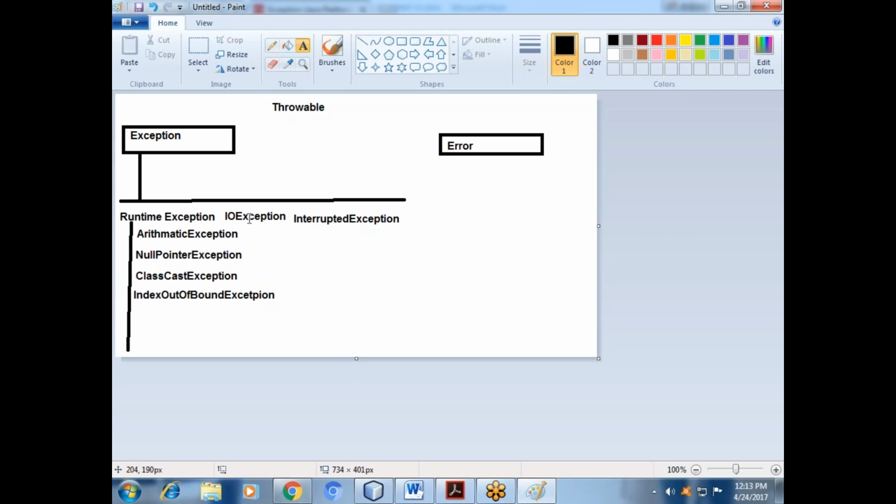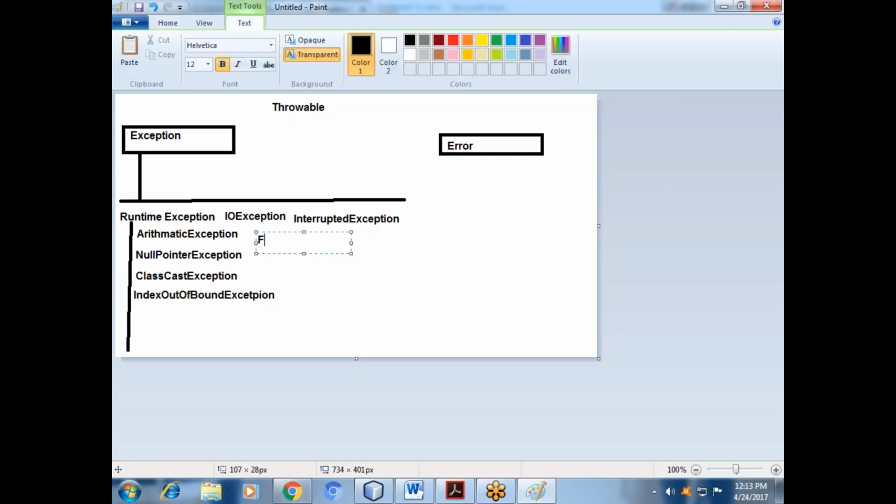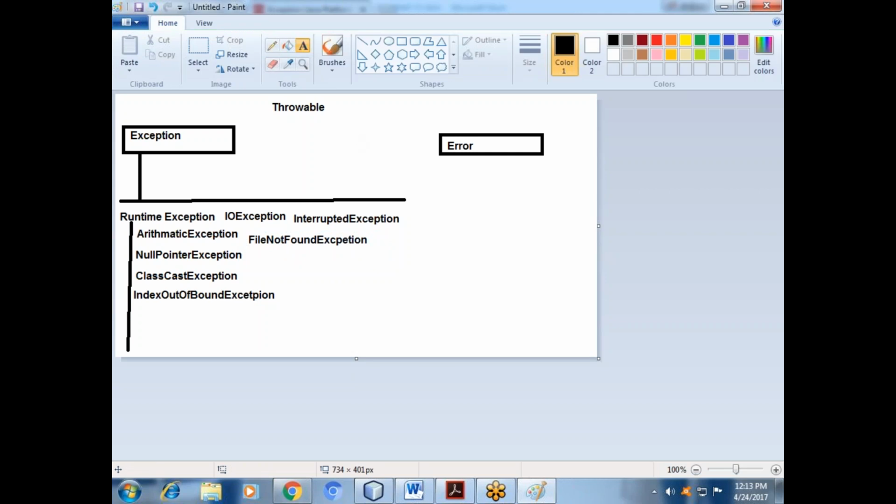Input output exception. Inside that you can also write FileNotFoundException. This is the way.